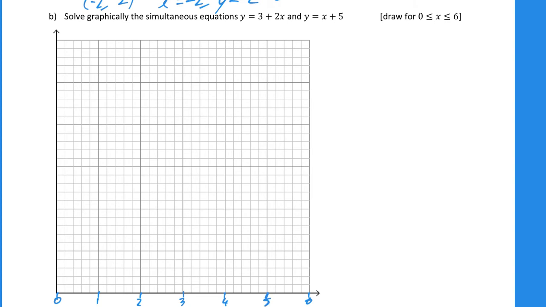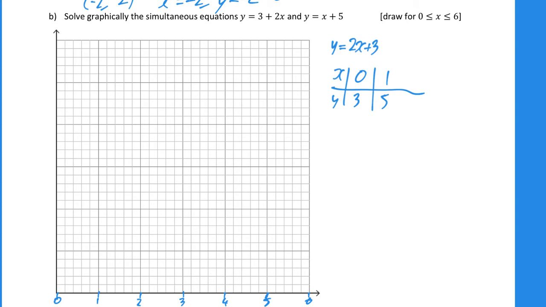Okay, so we've done that. I'm now going to draw the two lines. My first line is y is equal to 3 plus 2x. I'm going to write that as 2x plus 3, and put in a couple of values. When x equals 0, y equals 3. When x equals 1, y is equal to 2 times 1 plus 3, which is 5. If I put in 2, 2 times 2 is 4, plus 3 would be 7,